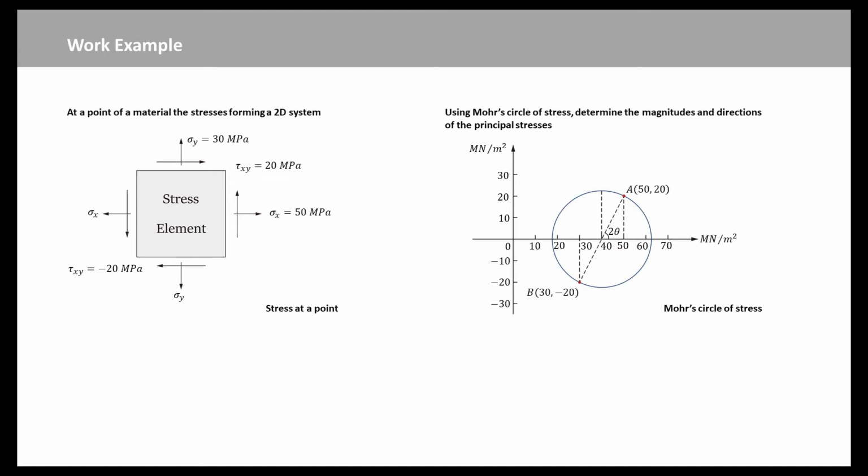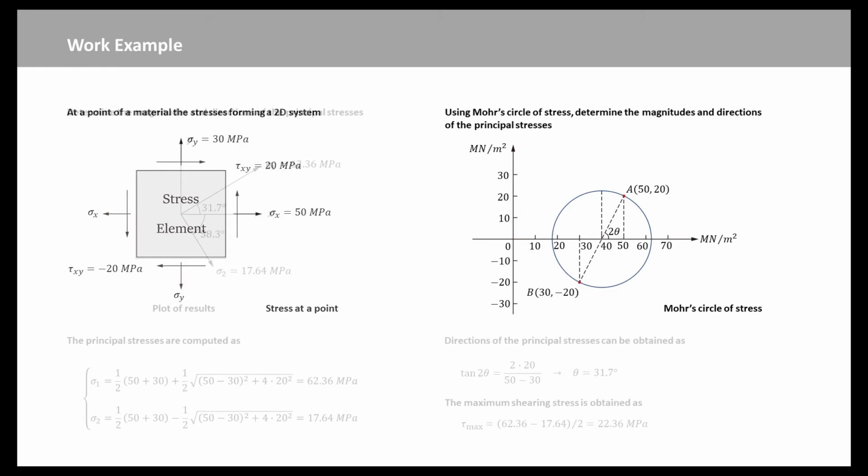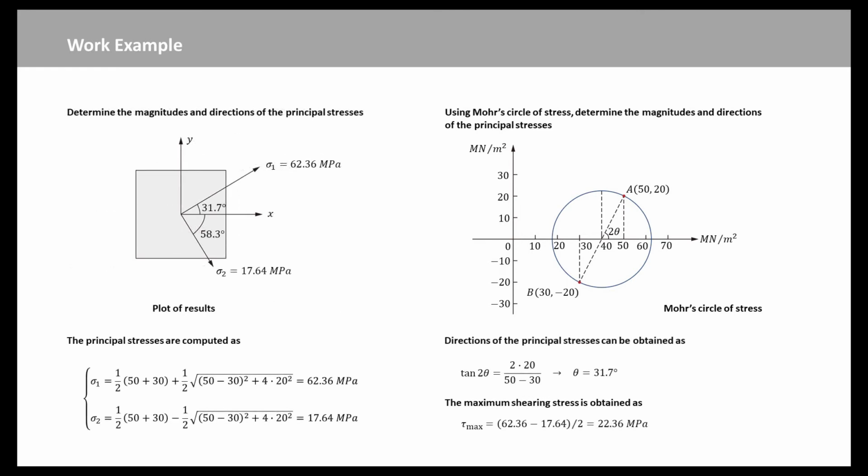to be positive on the vertical planes. Similarly, the shear stresses acting in conjunction with sigma y are clockwise, so tau xy is said to be negative on the horizontal planes. On the Mohr circle of stress, construct a circle with the line joining the point sigma x, tau xy, or 50, -20, and the point sigma y, negative tau xy, or 30, negative 20 as the diameter.